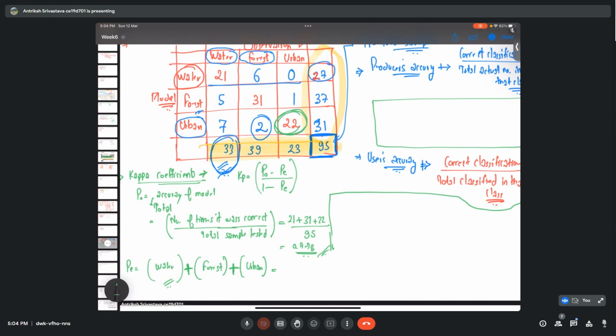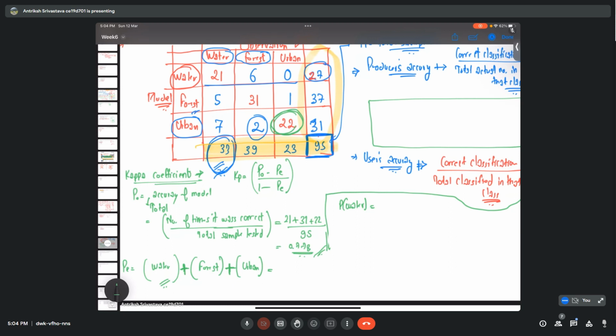So, if you recall the last time how I told how to calculate this. This is nothing but the number of times it was actually water. So let's write it like this: actually water by total, into predicted water